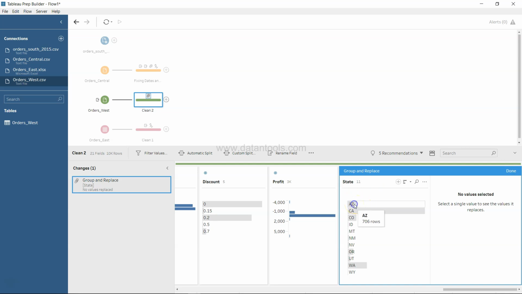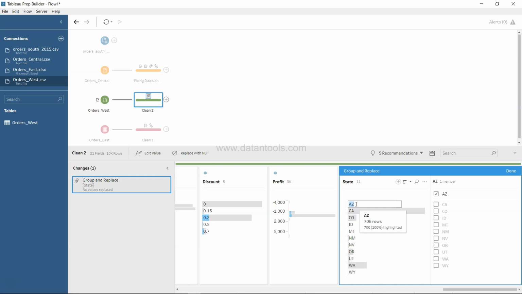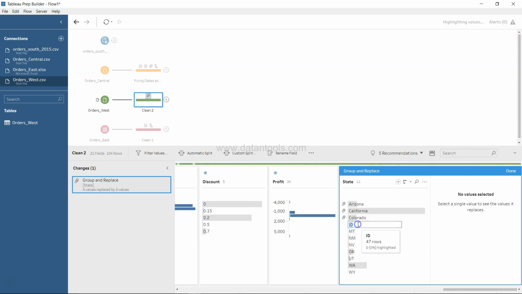So once we double click on this, Arizona, I just double clicked and I will say Arizona, right? So this is how I need to step by step go in and do it. So CA is California. CO, I'm double clicking it, and it's Colorado. I hope I am writing the spelling correct. And I am just checking my list, and nope, Colorado. This should be right. And then Idaho,